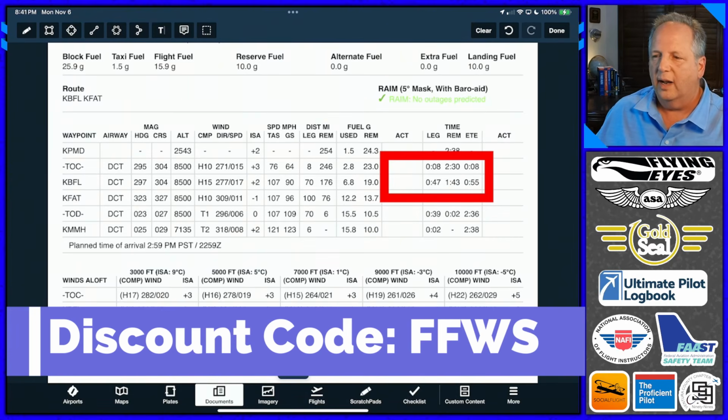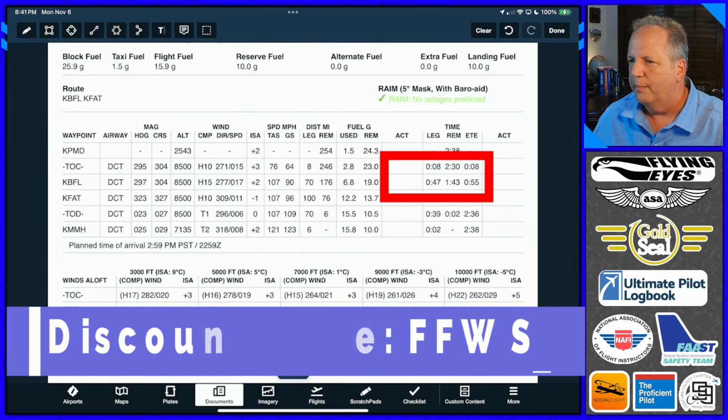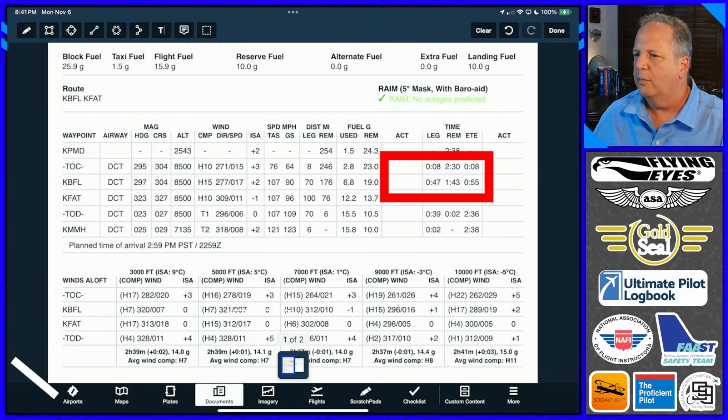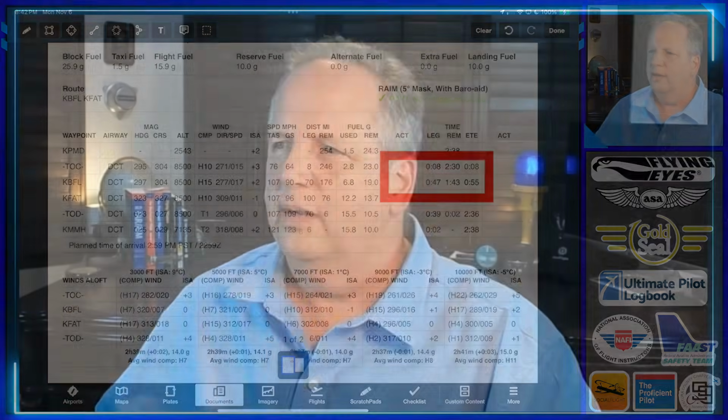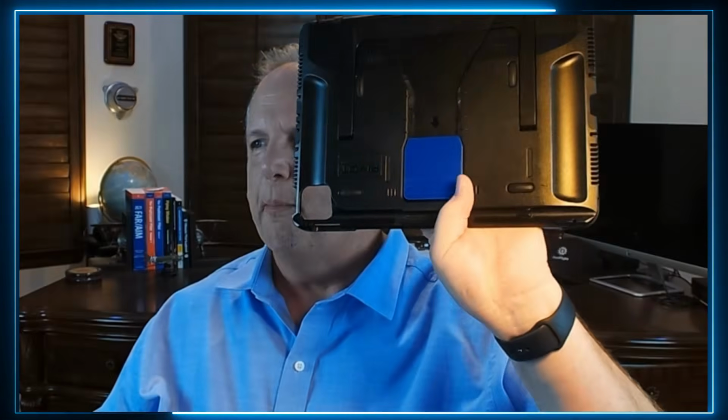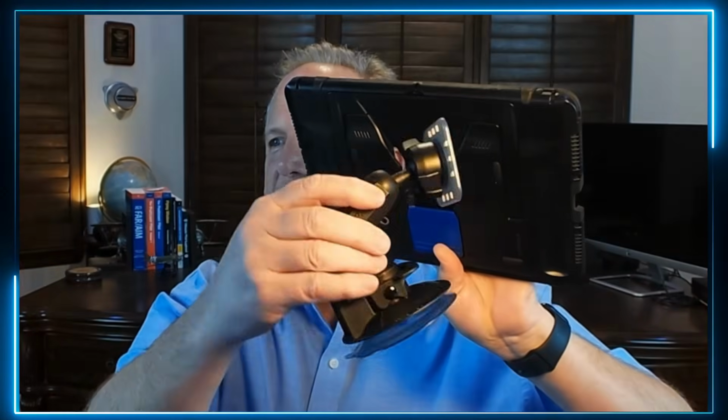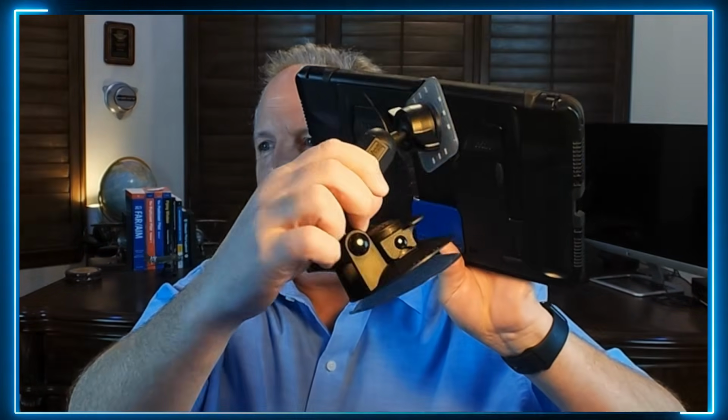But I really like it. I use it. Let me go to my full screen camera, and I'm going to show you the pivot mount real quick. You're going to be frightened by me. But so this is the mount itself. You put the iPad in here, and on the back there's a little sliding thing. This is the suction mount, which works really well.